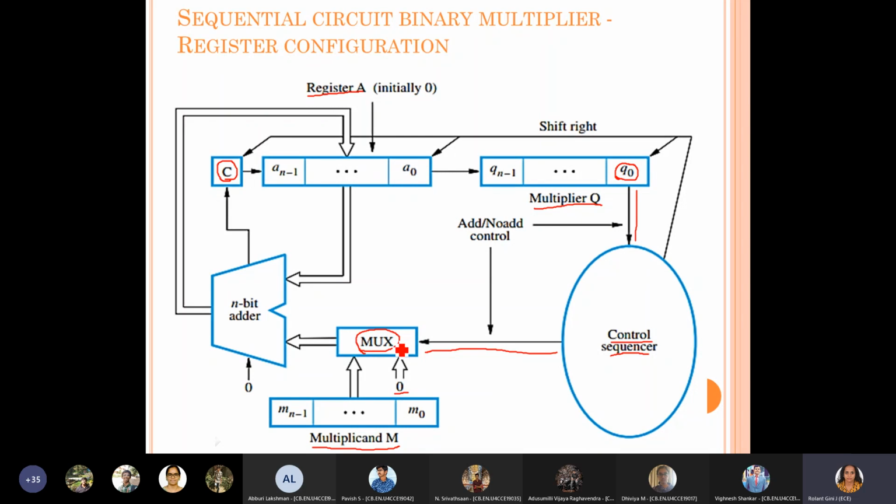In the mux, based on the control signal received, either m will be sent or 0 will be sent to the adder.